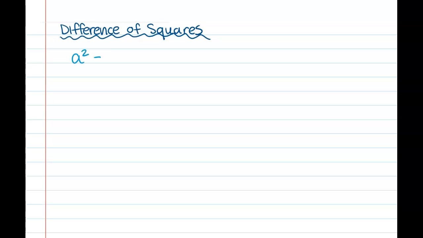Today's lesson is on factoring using difference of squares. So the general formula is a squared minus b squared is equal to a plus b